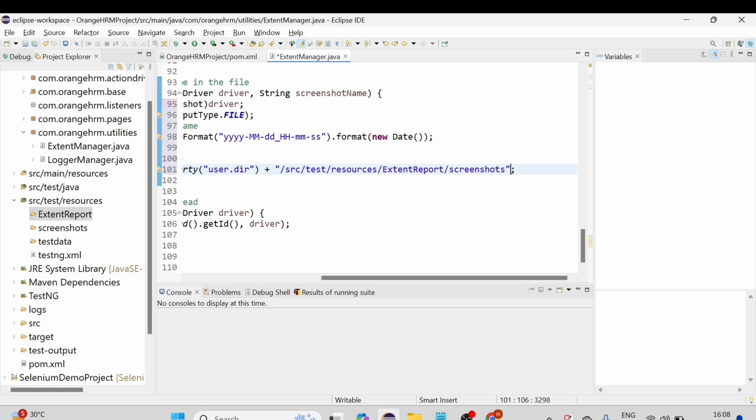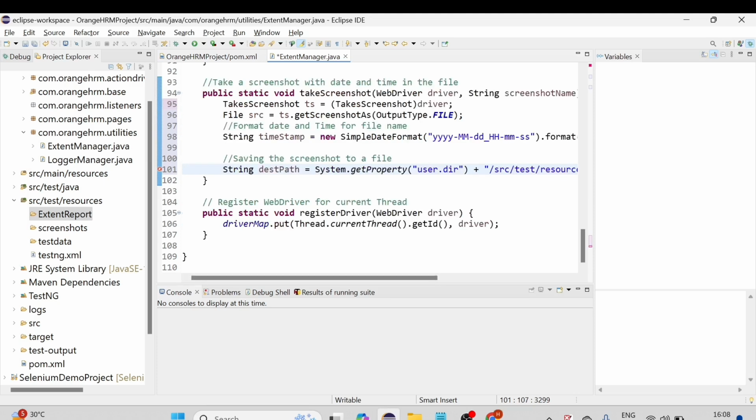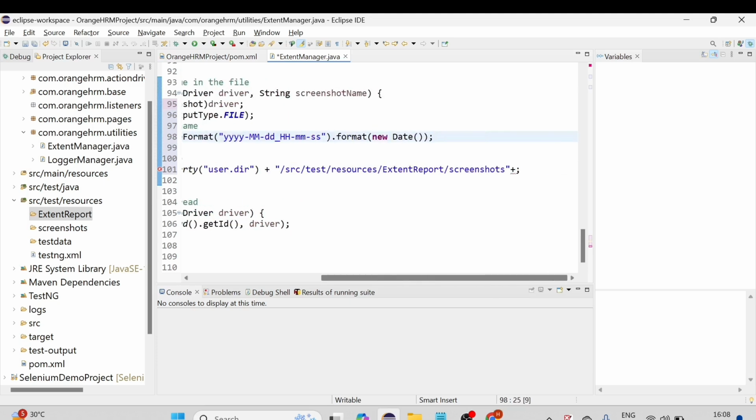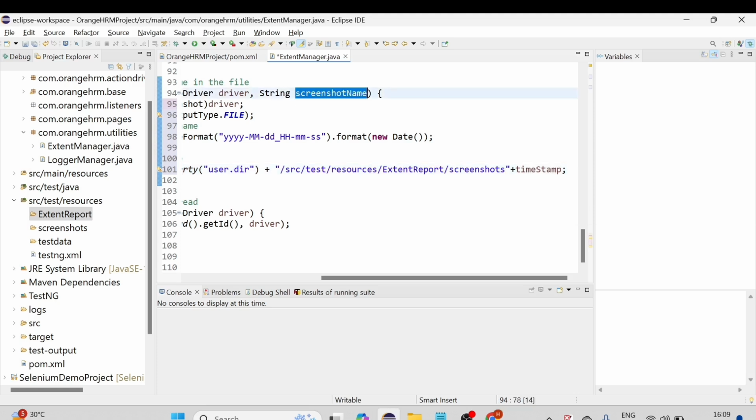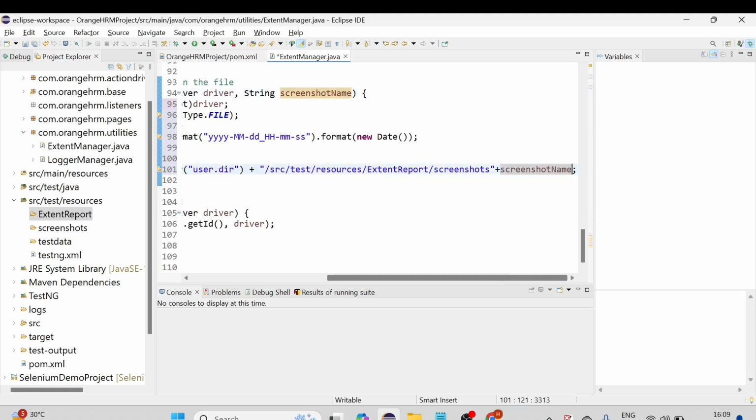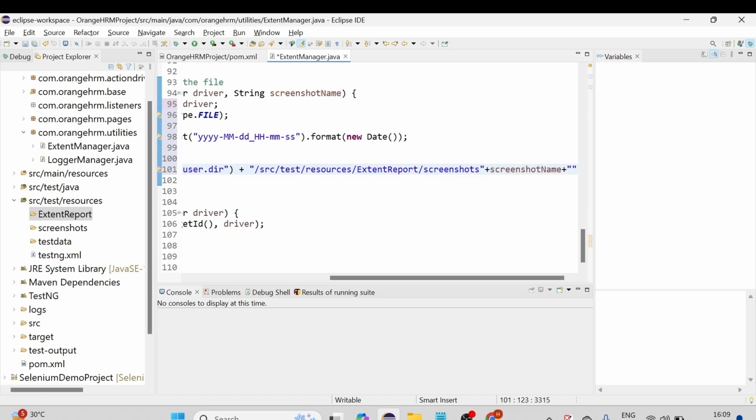And after that, we need to append the timestamp here, right? We have created the variable called timestamp, so simply we can copy this and keep it over here. Under the screenshots folder it will be the timestamp first. No, we'll give first the screenshot name and then the timestamp, correct? So how we can give, double quotation and underscore, screenshot name, underscore,